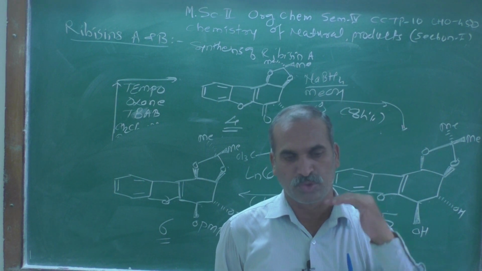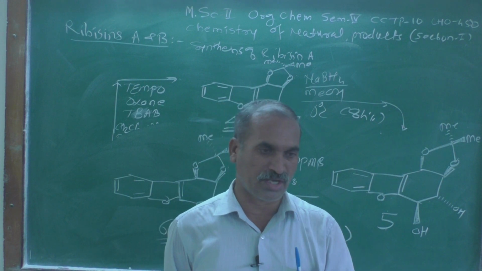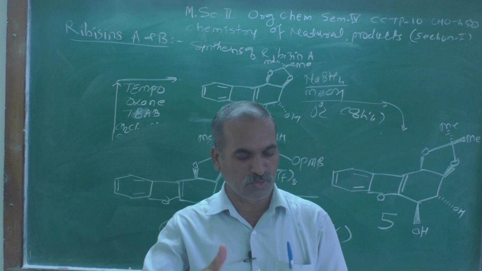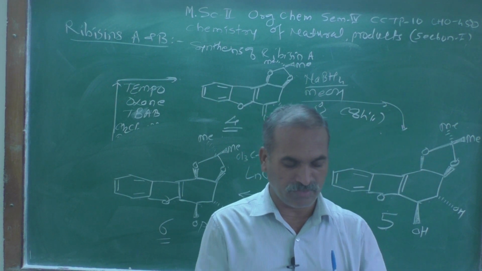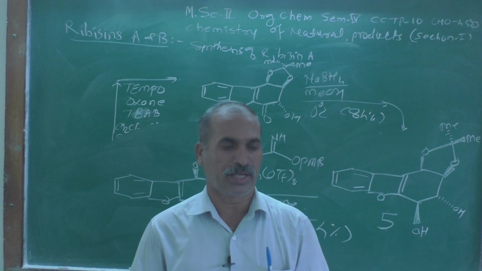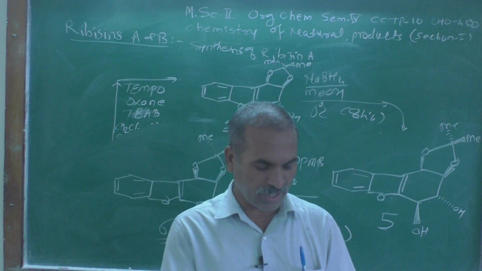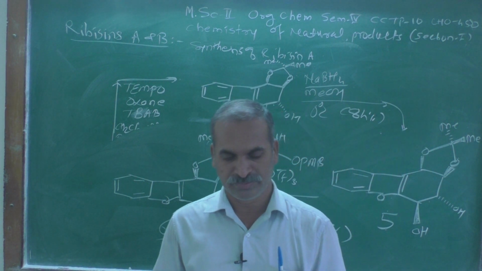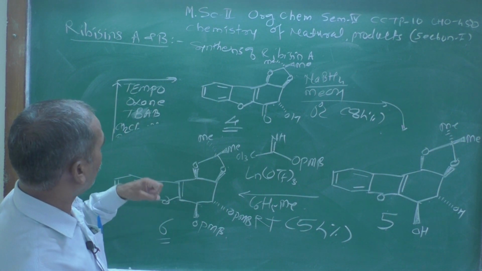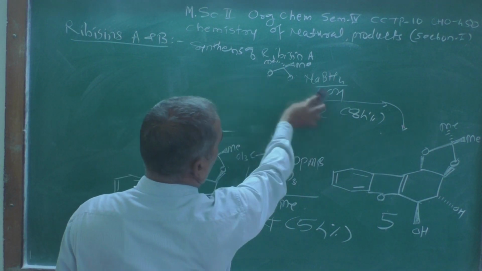That hydroxyl group should go above the plane, because here the hydride transfer occurs, and that hydride transfer generally comes from the si face, and hydroxyl group goes in a re face, and that's why suitably we are getting that hydroxyl group above the plane, which we required for obtaining the ribosine A, that is minus ribosine A 5, and on that 5 we further treated this kind of the reagent, and we got the structure number 6, and from this structure number 6 we are going to see the remaining, what we are going to get.